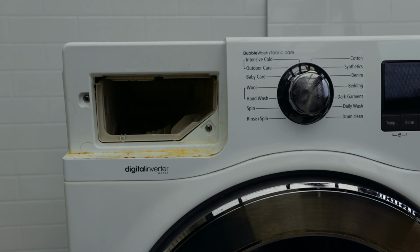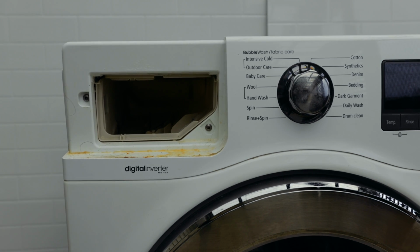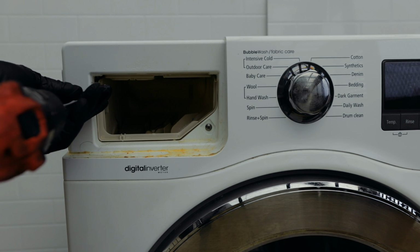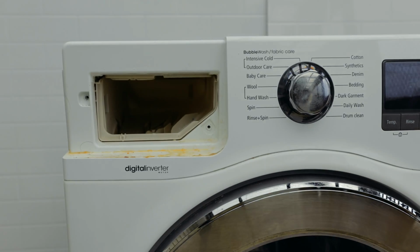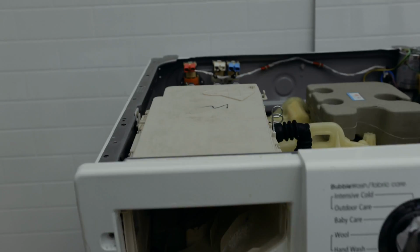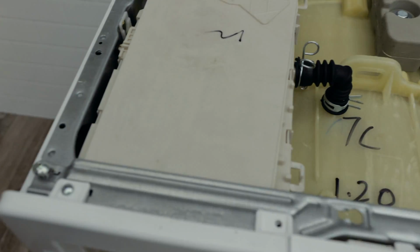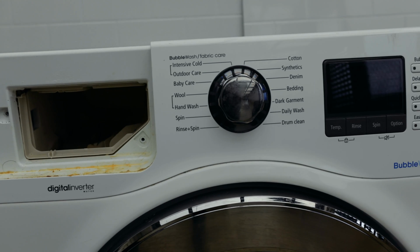Now to remove the other stuff, we have to remove these two screws as well. And we have to also remove the two screws holding this fascia. So this fascia is held in place by two screws, one here and one here. Remove them in order to...